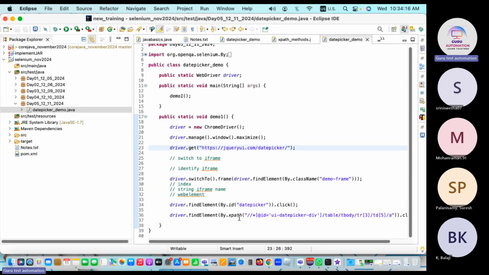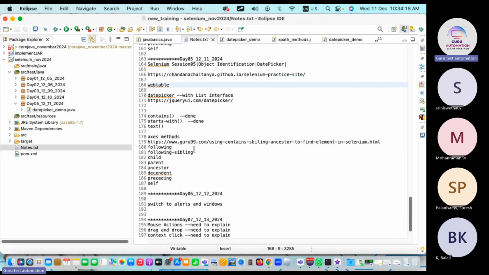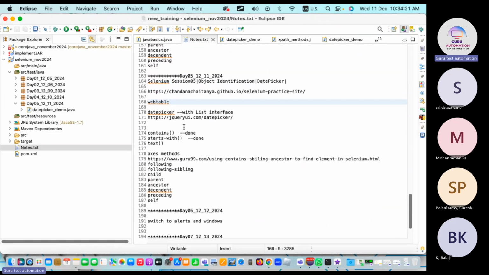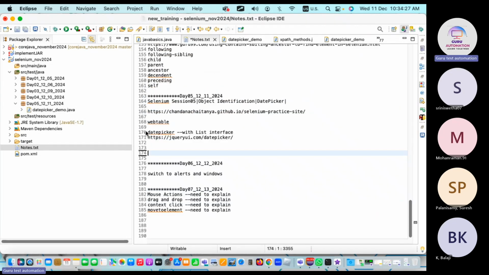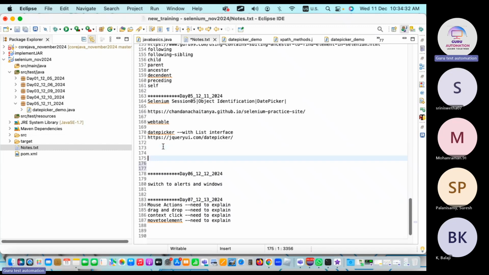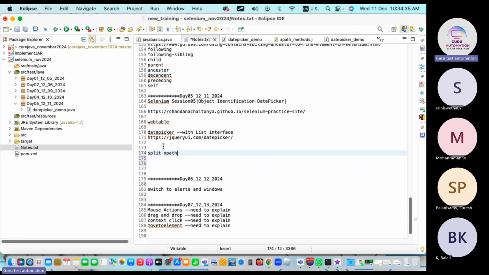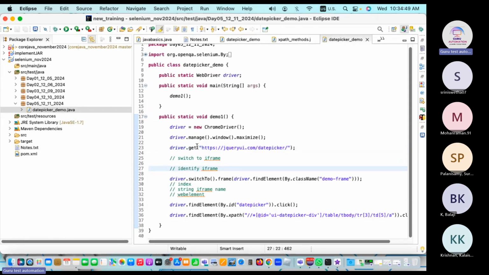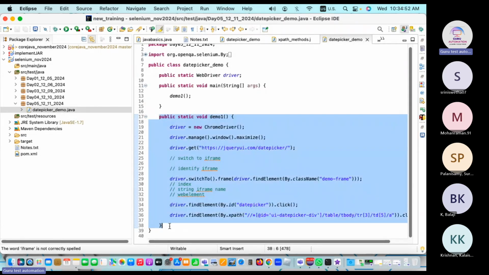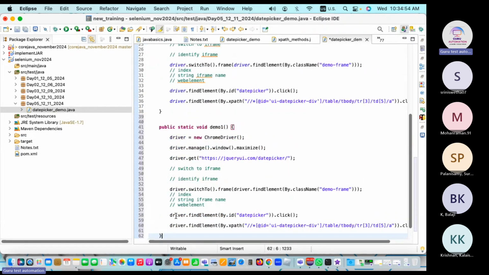So what we will do today is split the XPath. I'm just removing this part. Split XPath. We understood the XPath concept. Now, how to split the XPath. Okay, so we'll see that. We'll see how to split the XPath. For that, let me copy and paste the